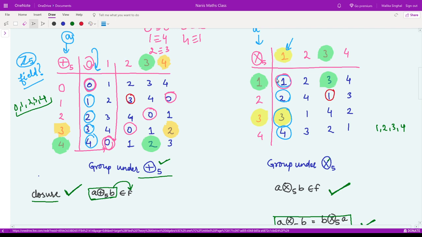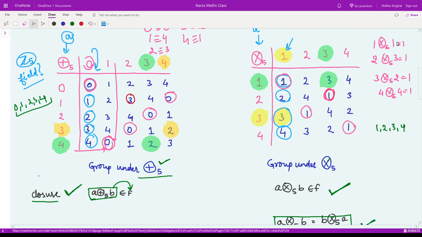So 1 mod 5 with 1, I'll get 1. When I do the mod 5 multiplication of 2 with 3, I'll get 1. Then of 3, when I do it with 2, I'll get 1. And for the case of 4, I'll get it for 4. That means when I do 1 multiplication mod 5 1, I'll get 1. And if I do 2 multiplication mod 5 3, that again I would get 1. If I do 3 multiplication mod 5 2, I'll get 1. And if I do 4 multiplication mod 5 4, I'll get 1.